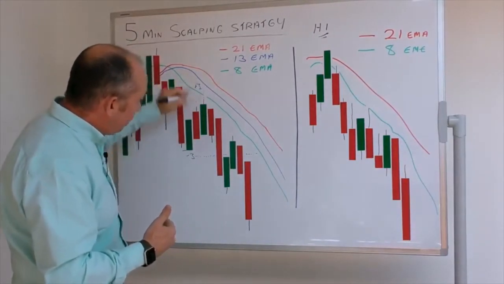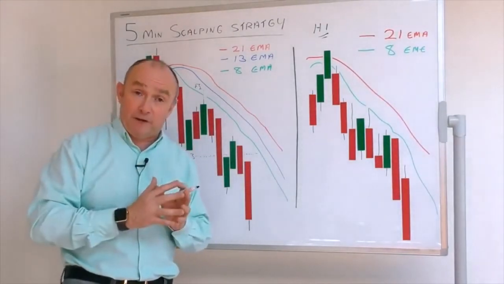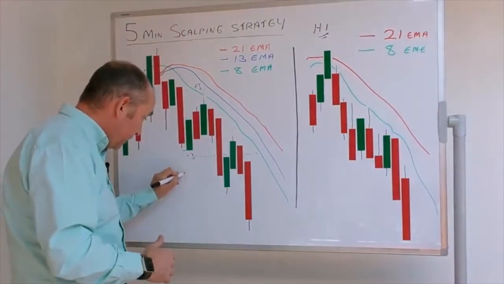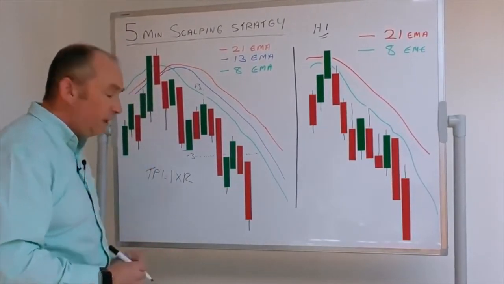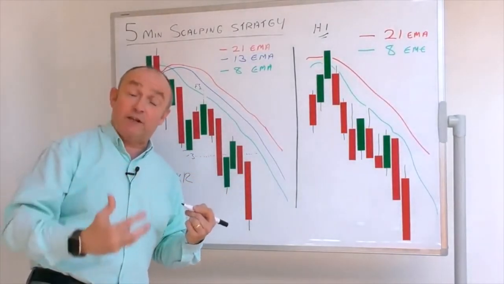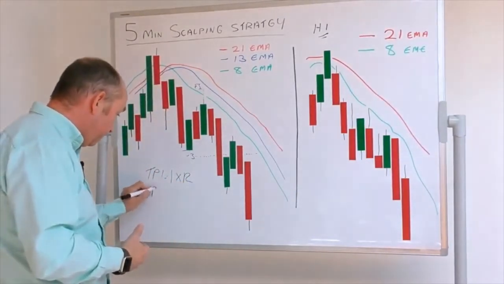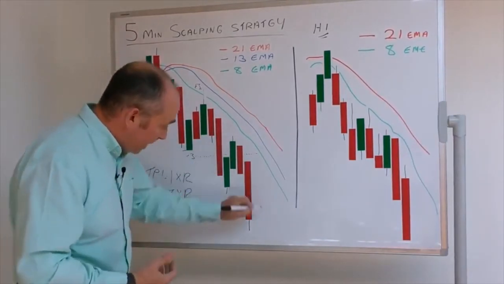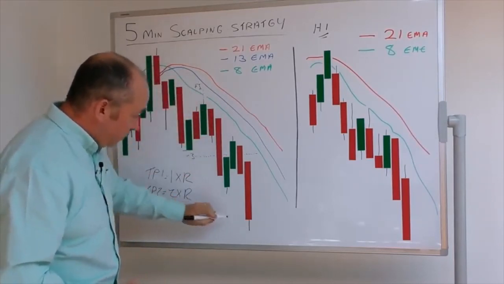Once you've established your initial risk, we factor in our first take profit target. Our first take profit target is going to be 1 times risk. Once we exit our trade 50%, we move the balance of the 50% to break even, and then we've just got 50% left in the market, going for TP2, which will be 2 times risk. And indeed, this market rolls back down. TP2, your risk is obviously the difference between the entry price and the stop. So your TP1 will be down here,